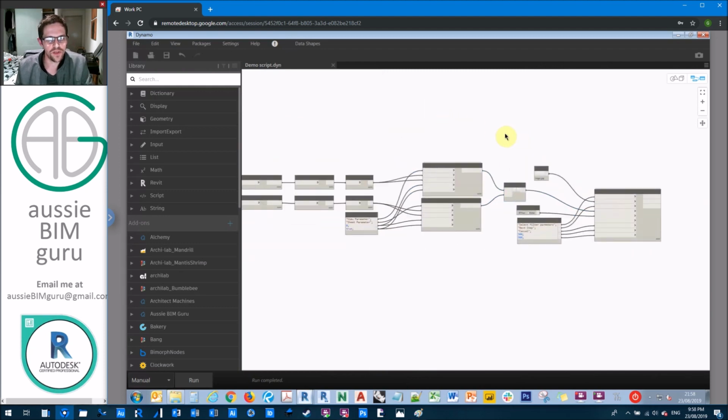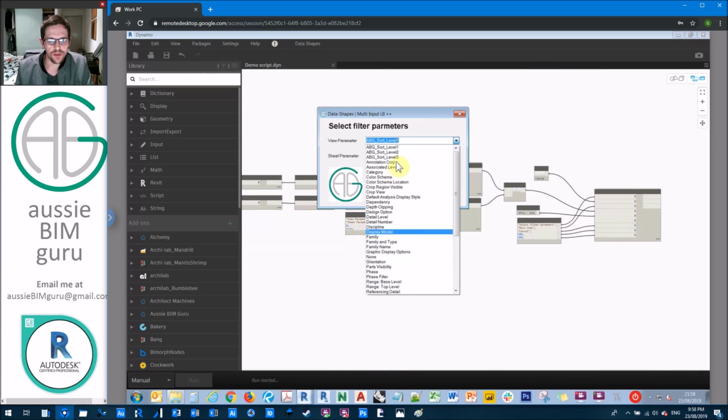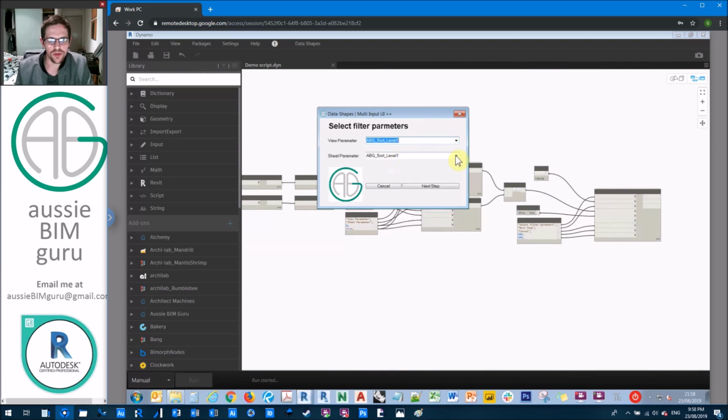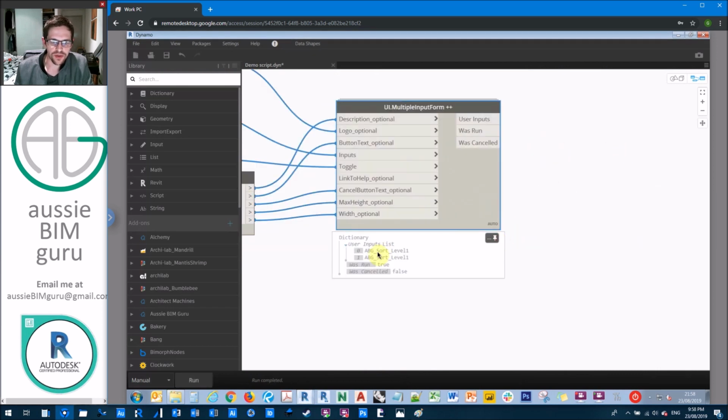Okay, so at this point, if I run this script, we should get something that looks a little bit like this. So what parameter are we filtering by? And this is where the user can pick any one of those parameters that we've just fed in. So let's say we want to do sort level 1 and sort level 1. And we go next step. And the way that this node works is it pushes through what we picked. So that's great. So we can basically take this forward to the next step of our script,